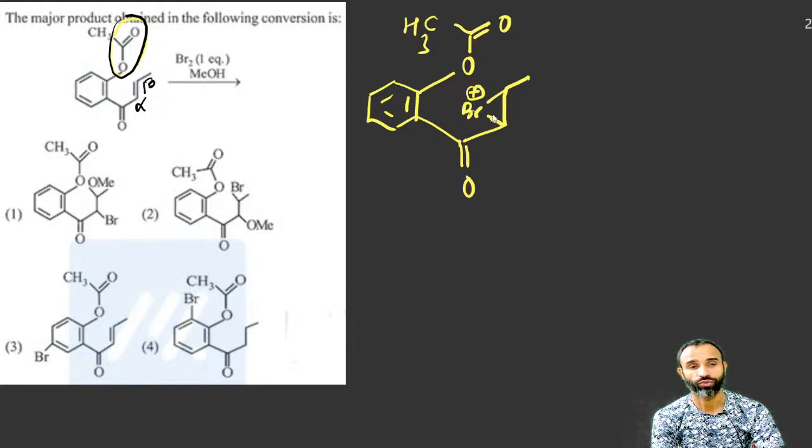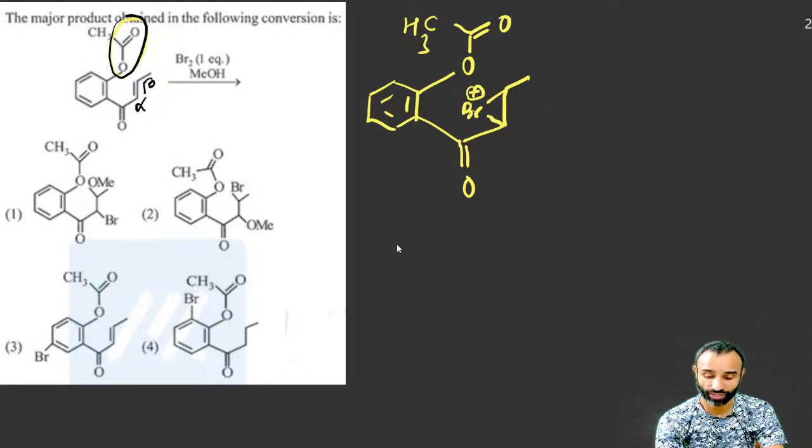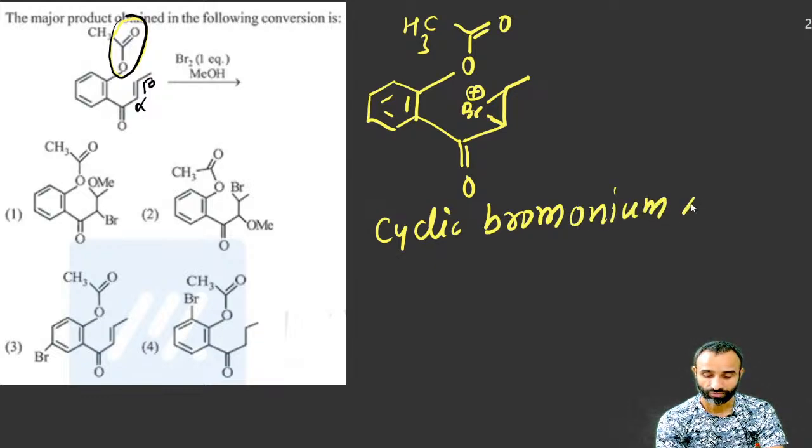I hope you know it. Sorry, it is not a carbocation, it is a cyclic bromonium ion. There is a formation of cyclic bromonium ion because